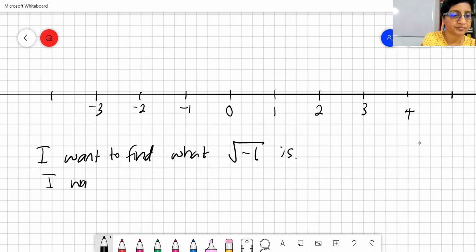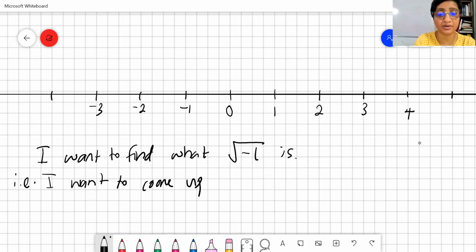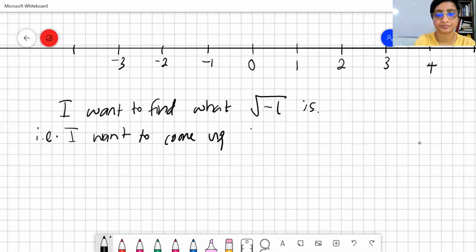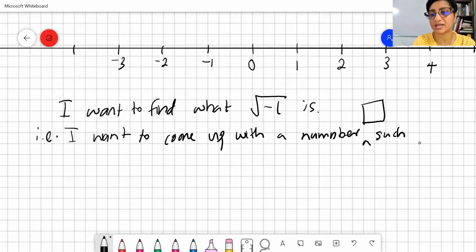I have to create a number such that, if that number is this, I mean that is the square root of -1 only, but it's not. Let's call it the square root of -1. But where is it? I have to find that number such that